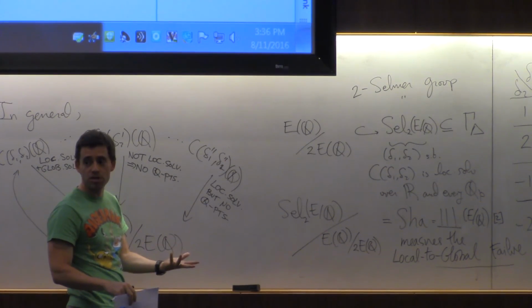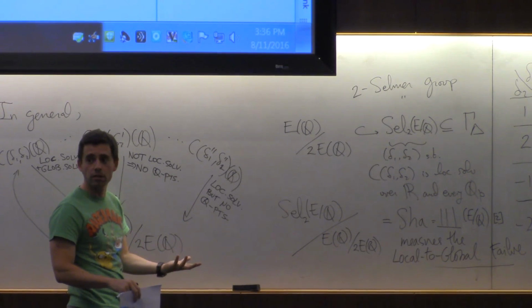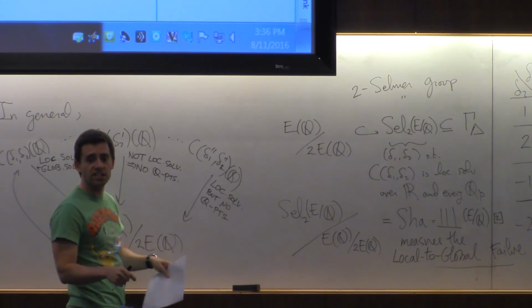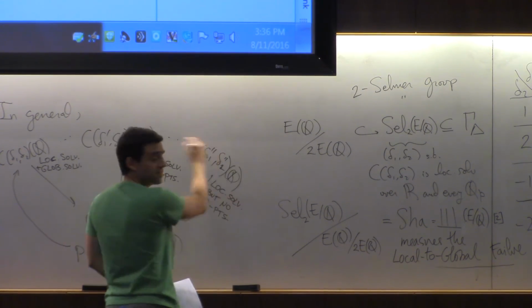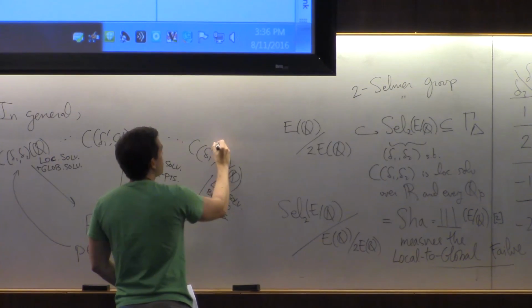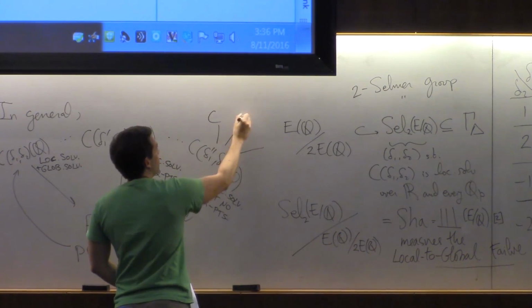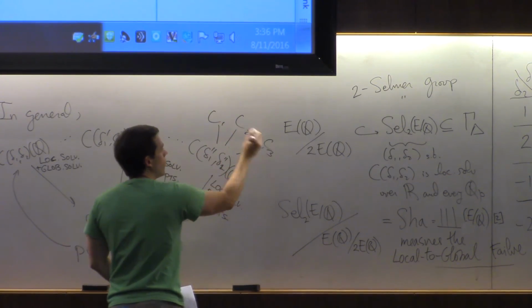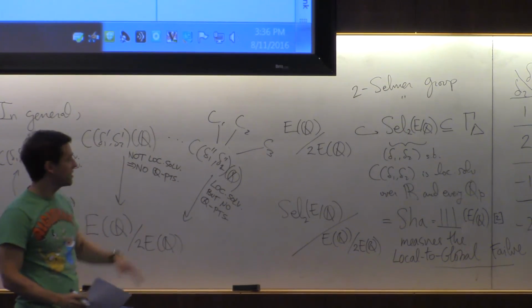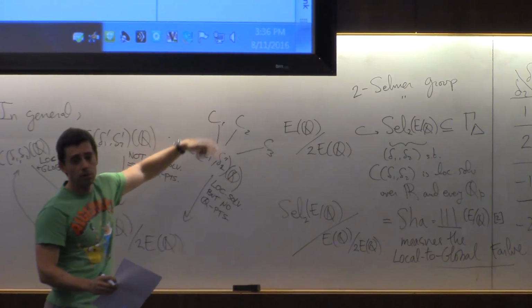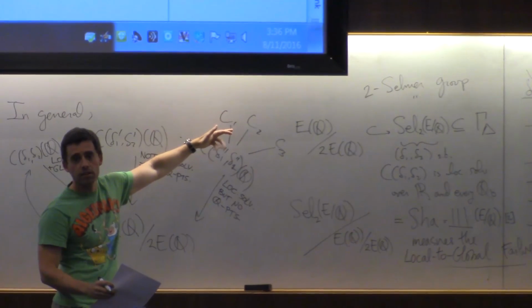I start to get suspicious and worried that this is a Sha element. So what you do is a further descent. I'm going to take this now as my original curve, and I'm going to find further homogeneous spaces. This is called a 2-descent. That would be the beginning of a 4-descent. And I'm